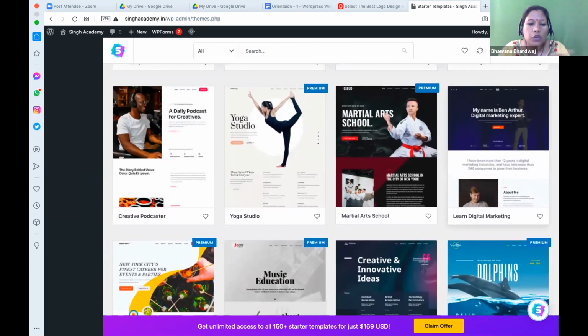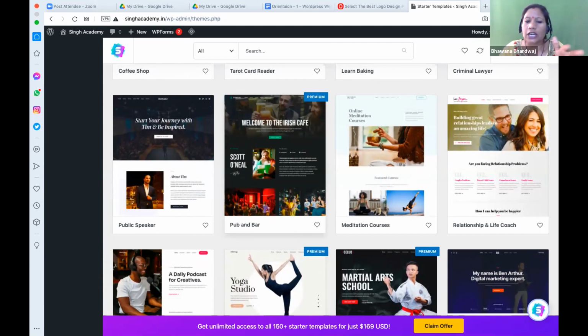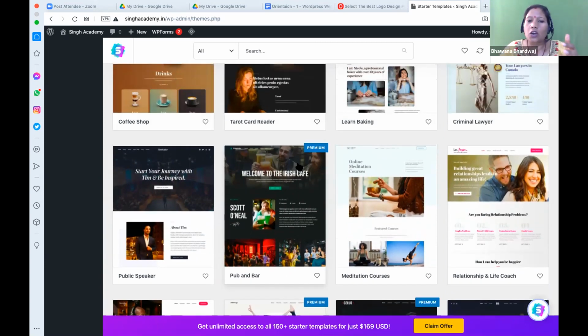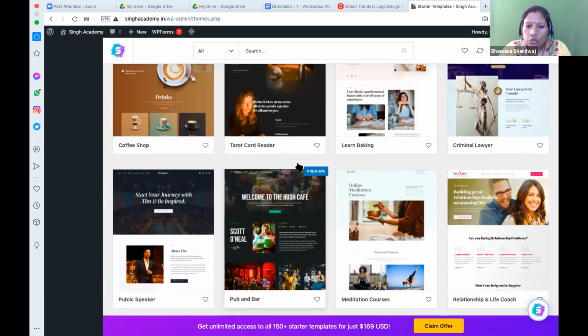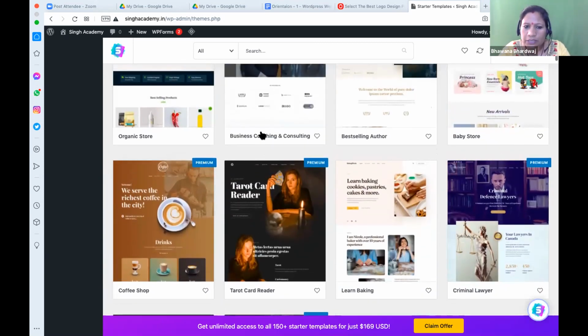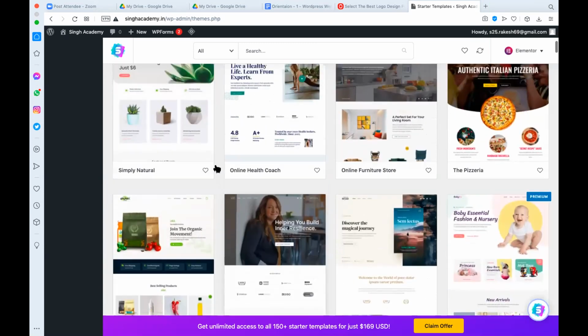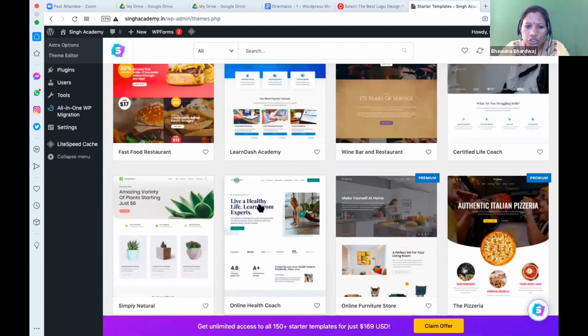There is one. The good part of this is when you install this template, all the pages have placeholders. Means on all the pages there are some images and some content, and you have to just do the editing. It's like fill in the blanks: now you have to change the images, change the text, change the paragraph. So that is easier. So here we can search for online business coaching and consulting, online education, online health coach.